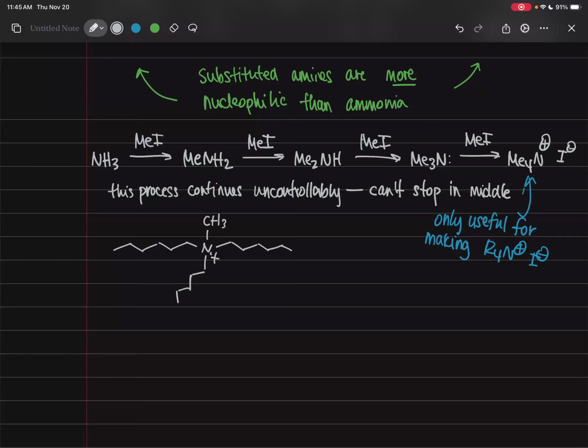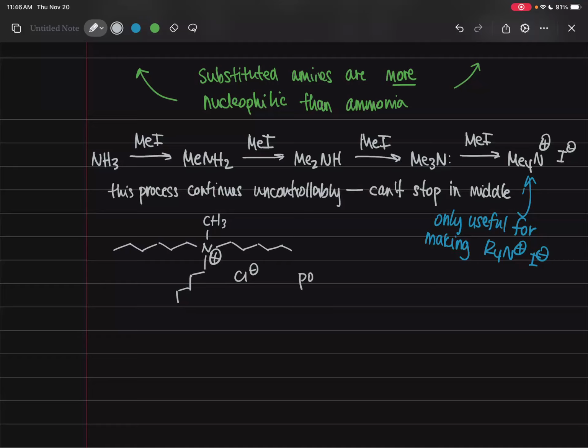I think most of the chains are actually 8 carbons, but you get the picture. There's a compound that looks like this. It's got a methyl group and some longer alkyl groups, and then a chloride anion. And if you have a reaction that's in 2 phases, like when we did the Wittig reaction, we had an organic and an aqueous layer, and you had to stir them really well to get the reaction to happen. Another thing you can do is add a little bit of a quaternary ammonium salt like this,